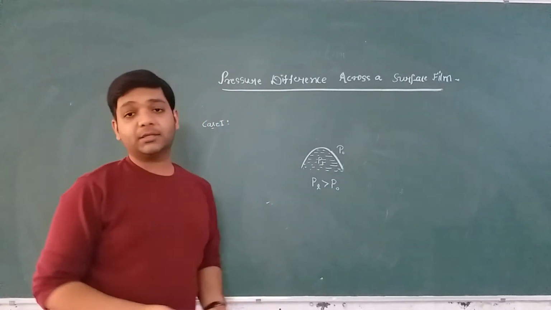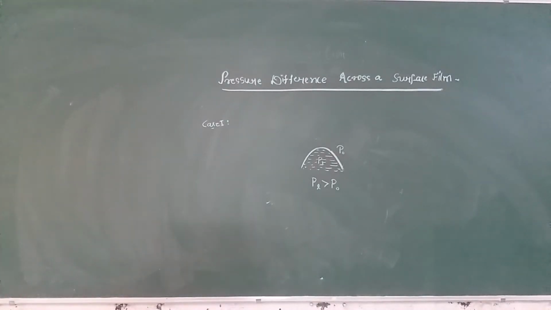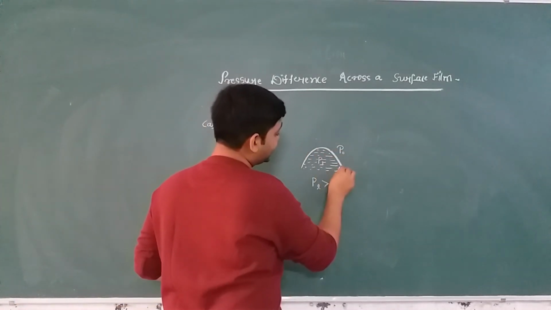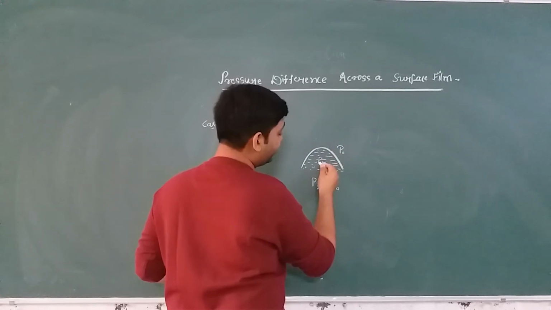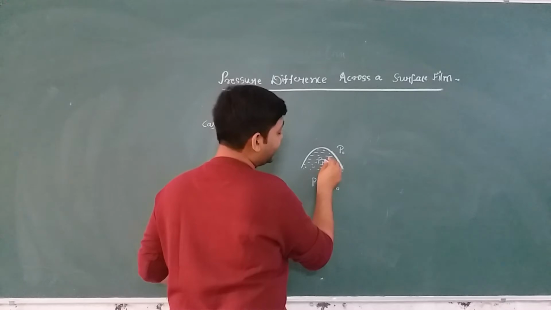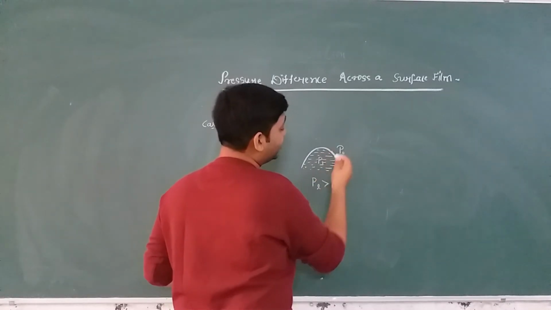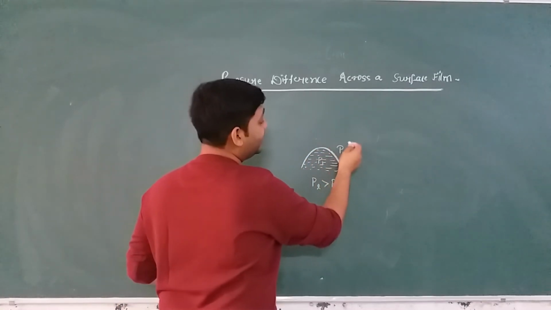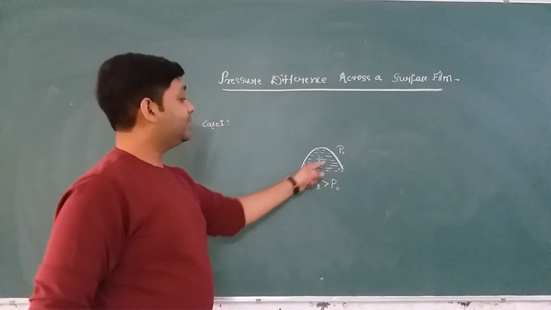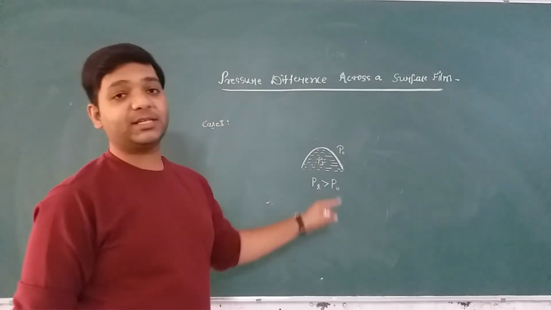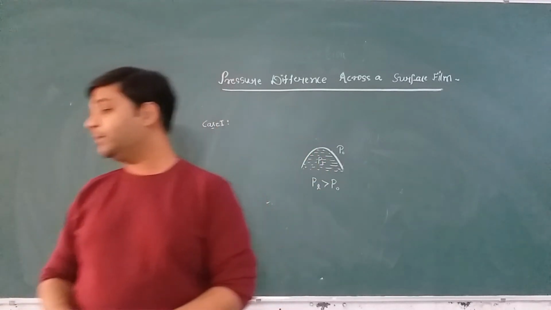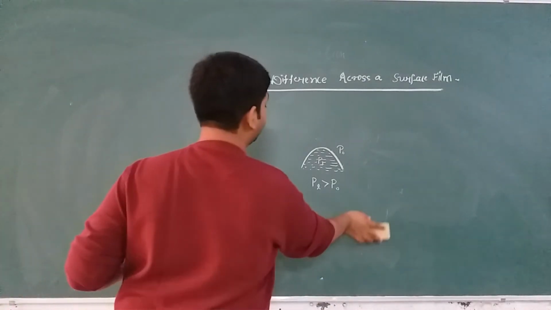So this is our case 2, and now let us discuss our case 3. I hope this case is clear to everyone. Now because the molecules present on the surface of the liquid experience a net inward force, there must be some pressure to balance this force. So all in all, the pressure of the liquid must be greater than the pressure outside it to balance the inward force due to the surface tension, for the equilibrium of the molecules that are present on the surface. I hope I am clear to everyone. And now let us discuss the case 3.